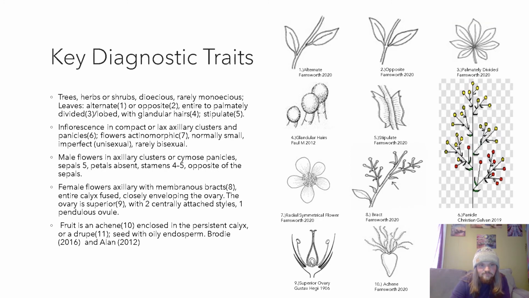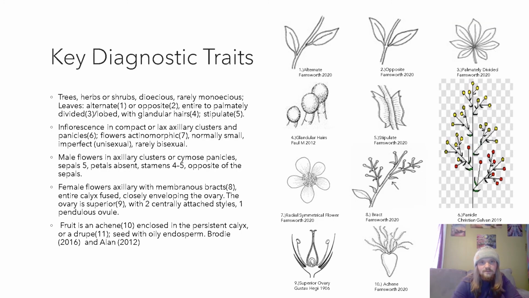The entire calyx is fused, closely enveloping the ovary. The ovary itself is superior, and that means that the ovary isn't adnate to the bases of the other flowering parts. And it has 2 centrally attached styles and 1 pendulous ovule, which means the ovule is kind of like free hanging. And also the ovary itself is hypogynous, which is a condition where the perianth elements and stamens are